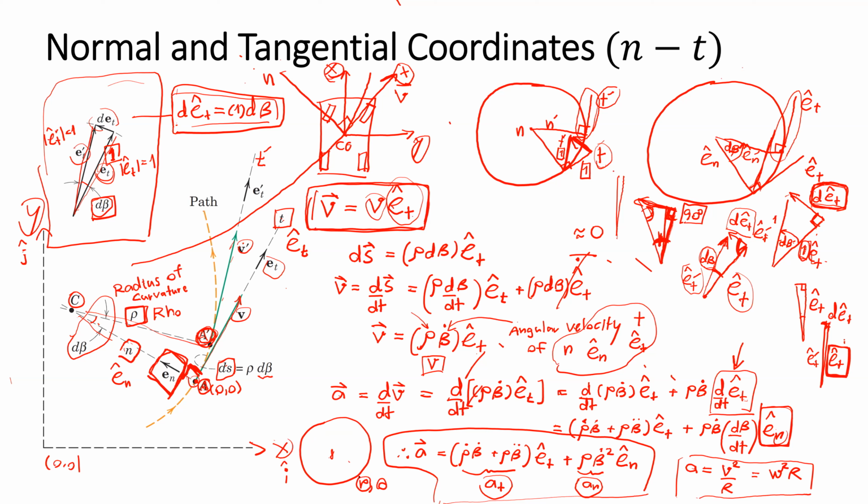But in our case for today, we have the velocity only in the tangential direction, and we don't have the velocity in the normal direction. So it means the change of the radius shouldn't be considered. But okay, to simplify,